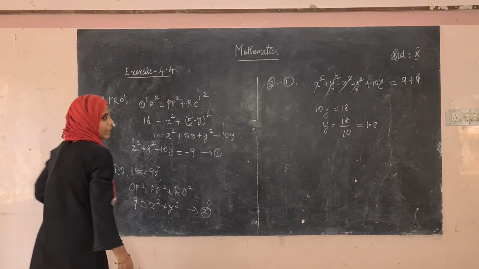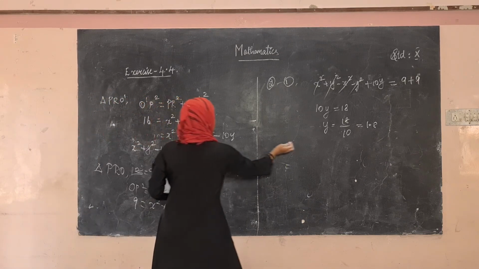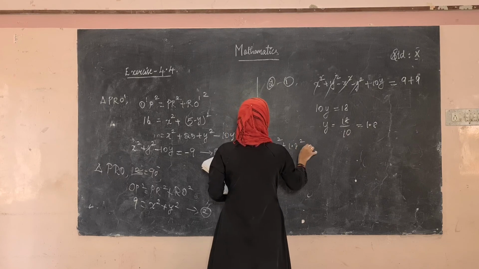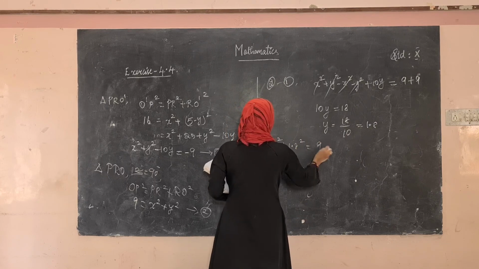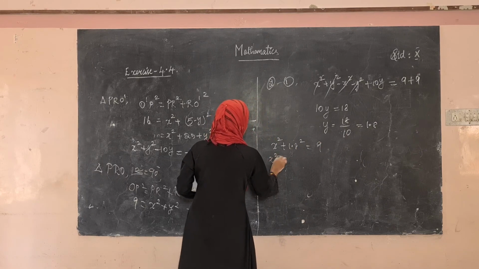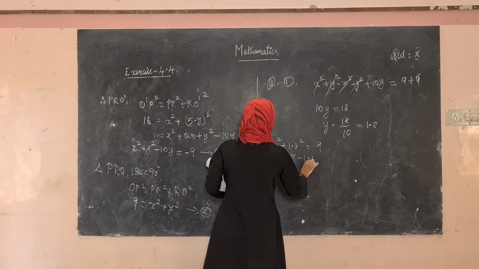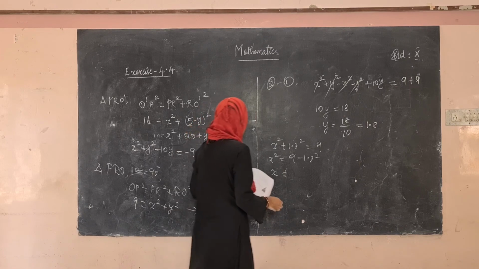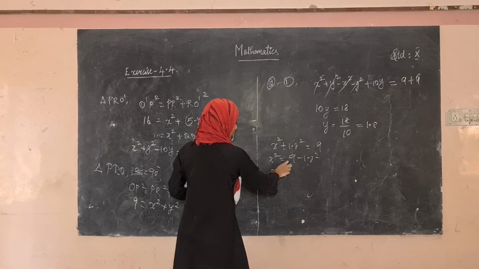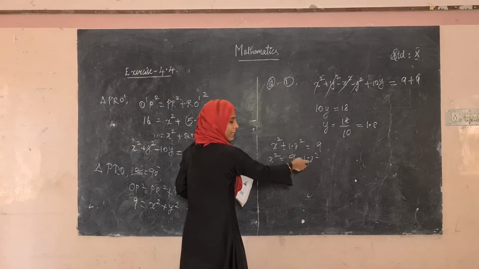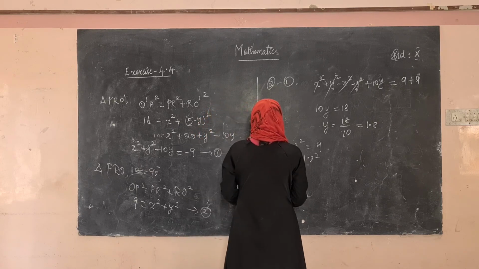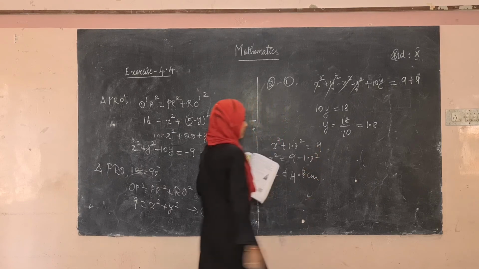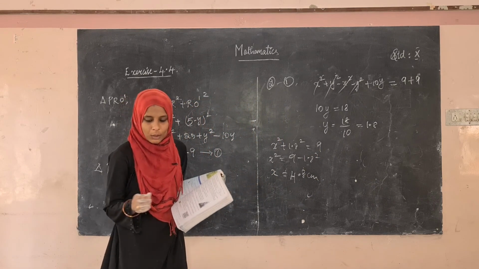You can substitute it here, right? Yes, see here X square plus 1.8 the whole square is equal to 9. So X square is equal to 9 minus 1.8 the whole square. You have to square this and subtract it from 9. The answer is 4.8 centimeter. Okay, the answer is 4.8 centimeter.